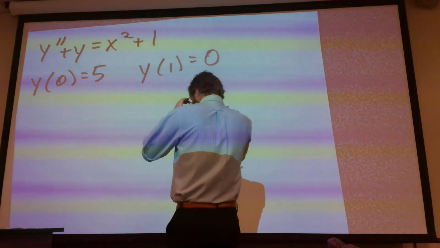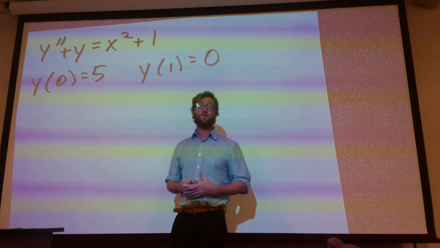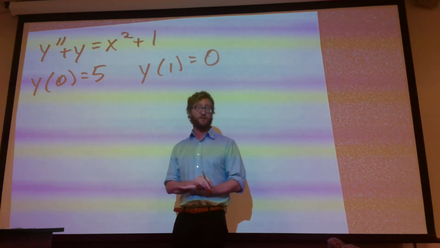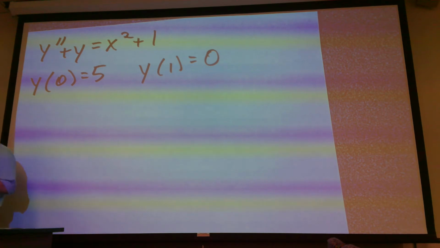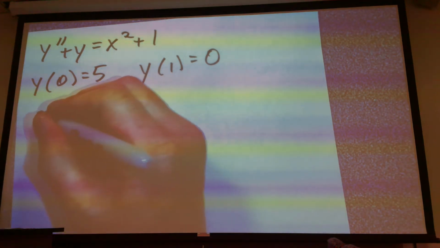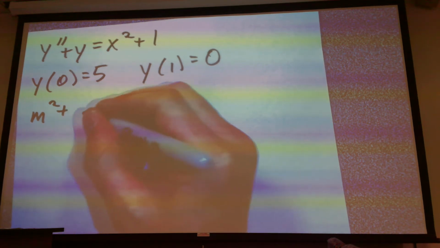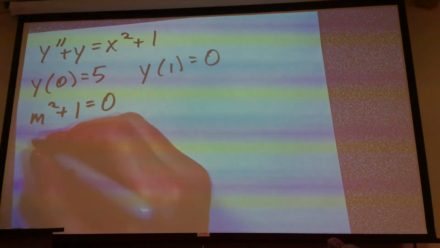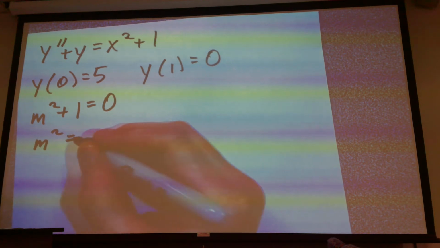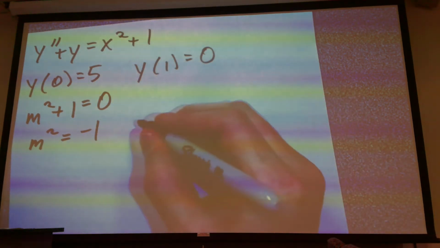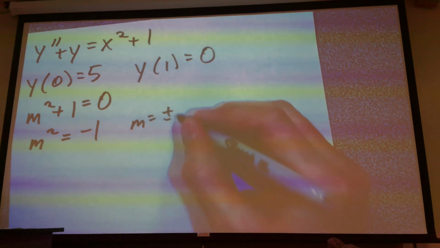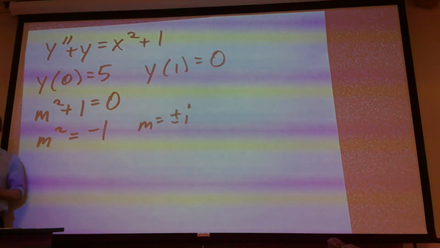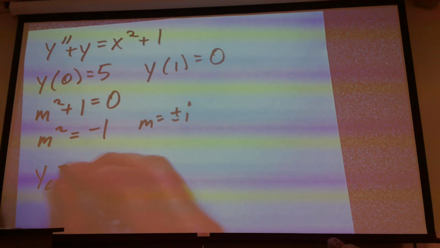Okay. So once again, the first thing that we're going to do is solve for the complementary solution through the auxiliary equation. All right? So the auxiliary equation would be m squared plus 1 equals 0, or m squared equals -1. So m equals plus or minus i. So our complementary solution, y sub c, is going to be c1